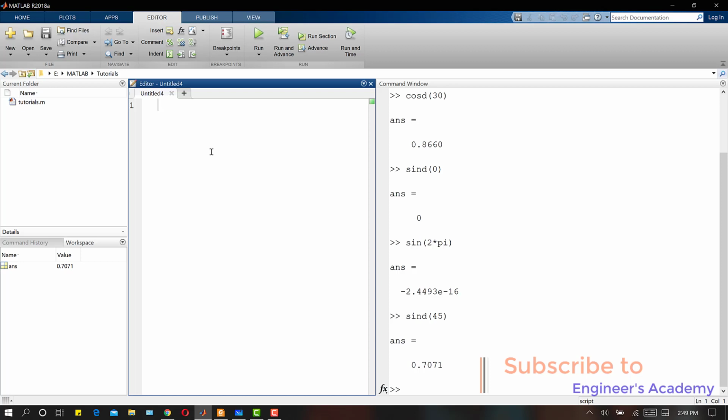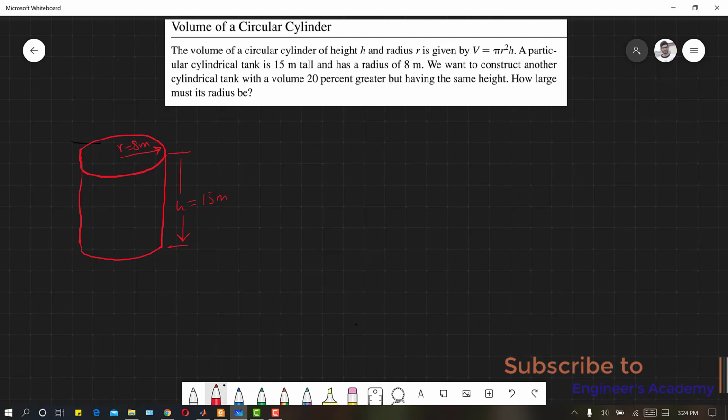Now I can write my program, any commands, here in the editor window, and I can execute all the commands whenever I want. These commands will stay here, and I would be able to execute them again and again. Similarly, the editor will also help me to save my program in my file directory. Now let's write our first program in the script editor.